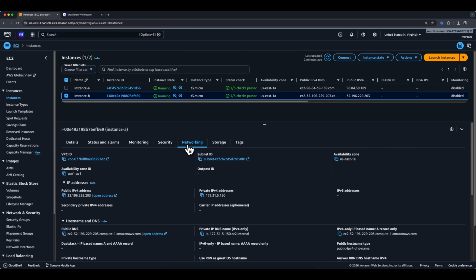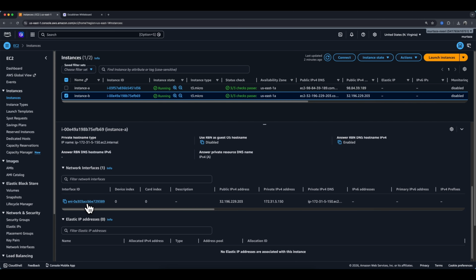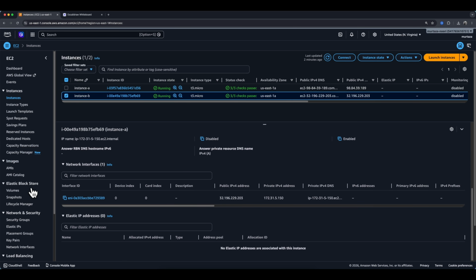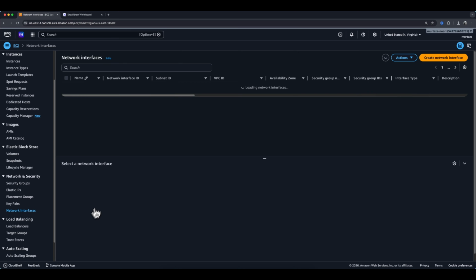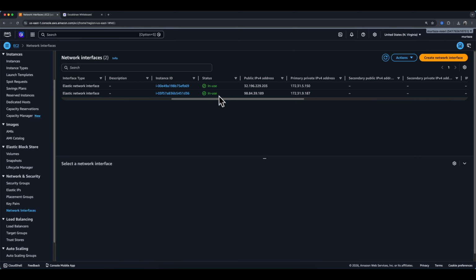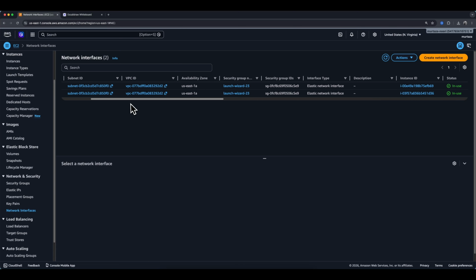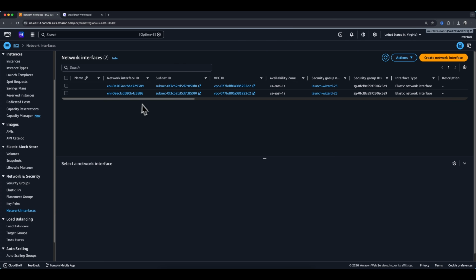Now, if I go to the networking tab and scroll down a little bit, as you can see, it has an ENI here. And one more thing. If I scroll down a little bit and go to the network interfaces tab, as you can see, we'll have two of these ENIs here. They're created by default and they're both in use. They're created by default as soon as we create an EC2 instance. And like I said, they're created by default by